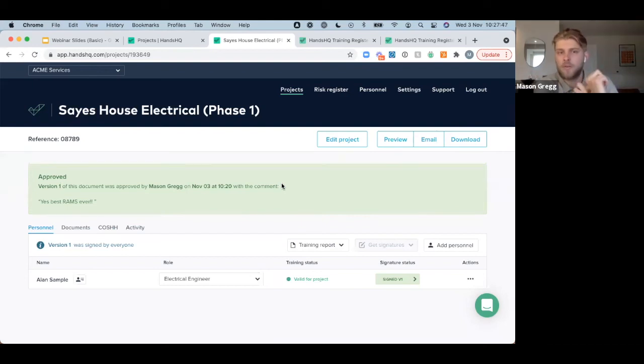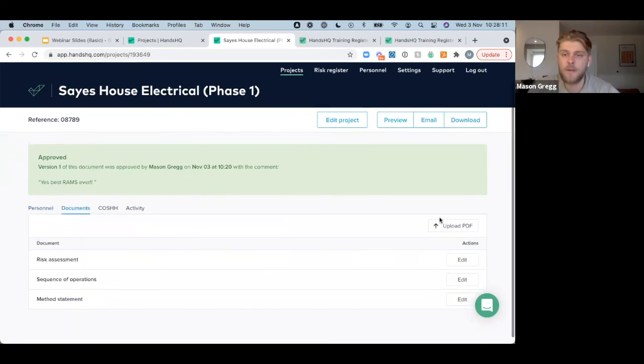I'm sure we'll do a webinar on the CPP side of the system soon as well. So RAMS, CPP, COSHH, and obviously the training matrix as well. That's what we cover. Most of our customers do their permits to work the same process that they've been following before, but they may actually upload those to the RAMS. So on the documents section here, you can upload a PDF, so you can bolt on information towards the back of the document as well. That might be certificates, it might be insurances, you can bolt those onto the back of your document.